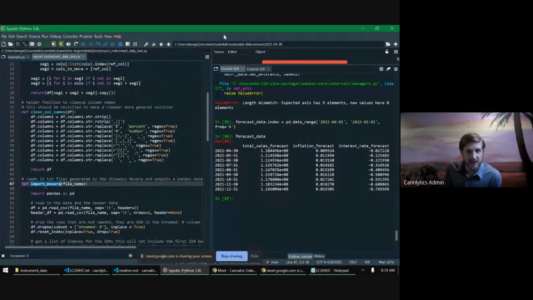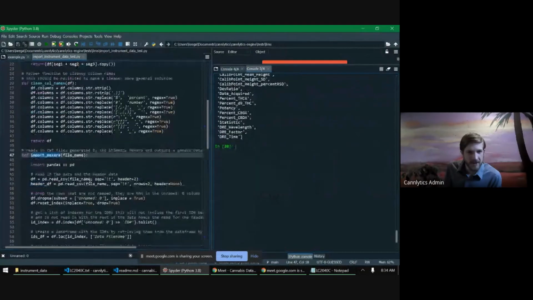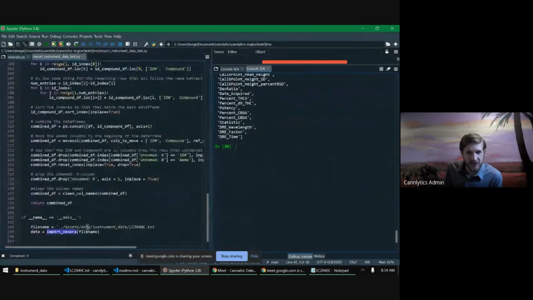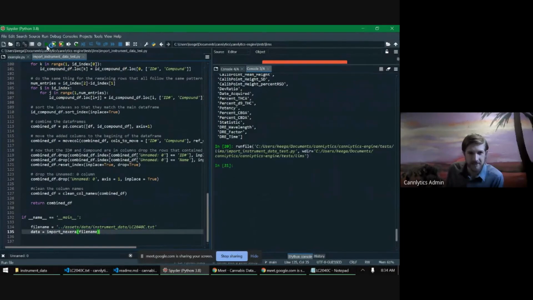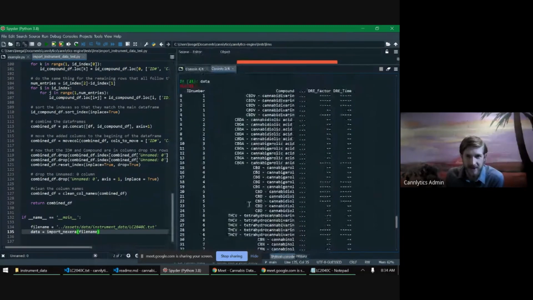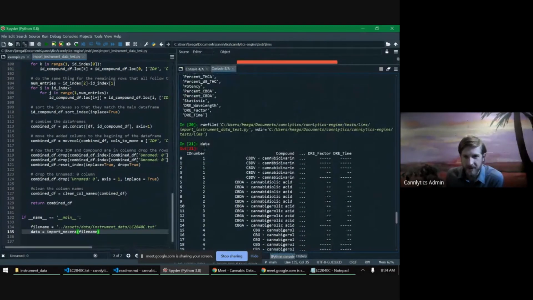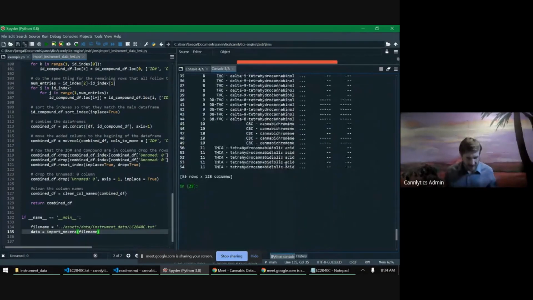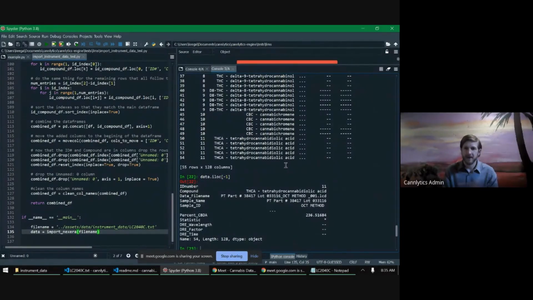Essentially, all you have to do is point to that data file, .text, and we now have that data in a slightly cleaner format. So we now have the compound, and so, for example, if you look at the last observation,